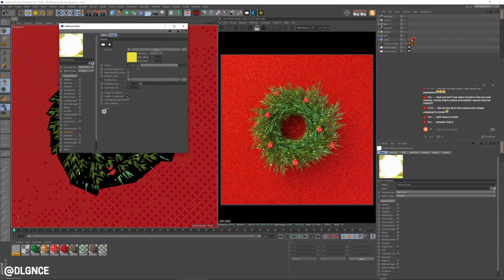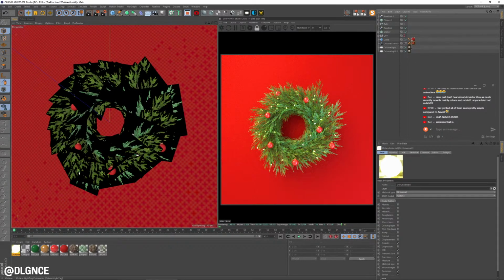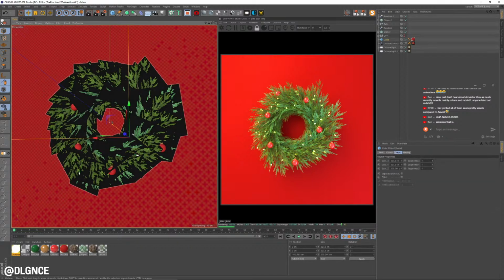I'm going to turn the sampling rate up to 20 as well, just to increase that. And I believe, looking here, any light in Octane is going to have this sampling rate slider, and you can crank that up to selectively add more quality to different light setups. Very useful. All right, so